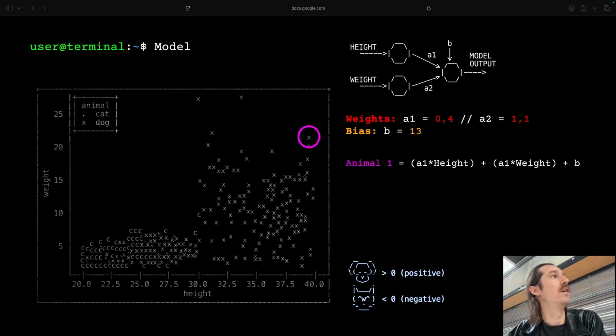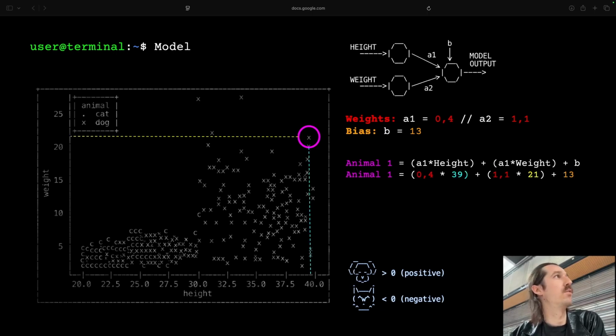I write down the formula again, and now I just replace the parameters with all the values I know. So we can see, right, we have A1, I take it from here, times 39, which would be the height, plus 1.1 times 21, and then we just add the bias of 13, these random numbers, and let's see what we get.